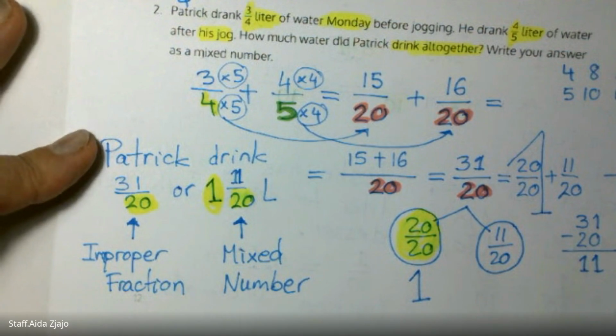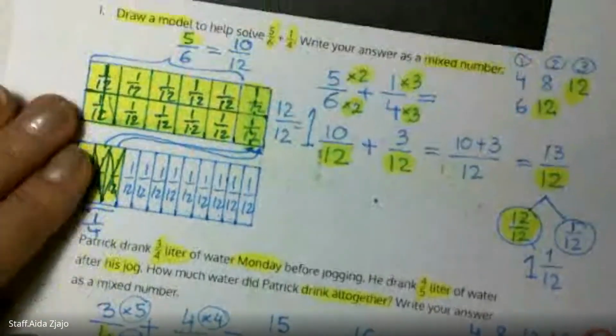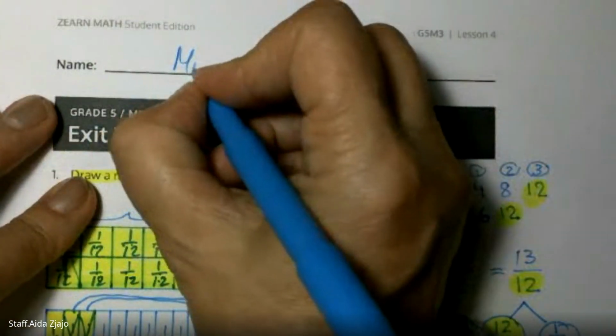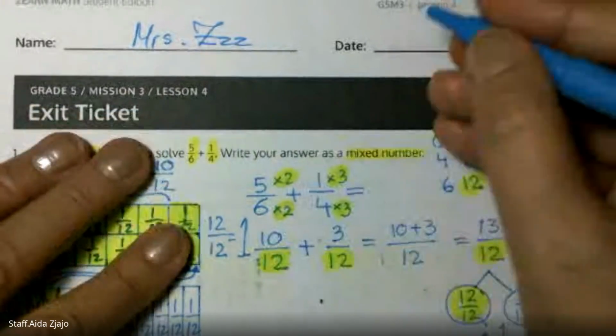Okay, that would be the exit ticket. And I need to write Mrs. Z. And today is